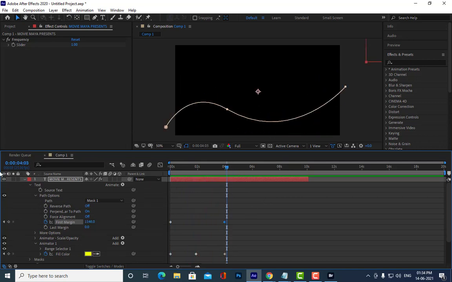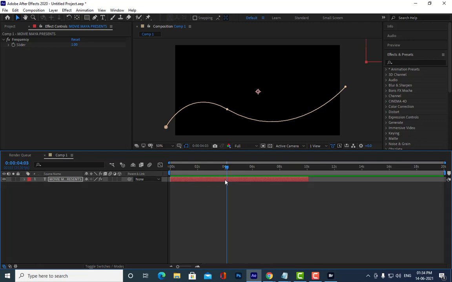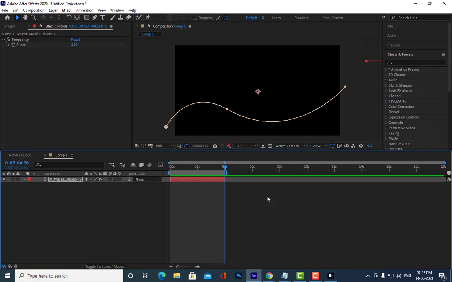Now tell me how we can cut this till 4 seconds? Sir, the layer or the ruler. Layer as well as ruler, both. We can say N, but let us trim it. Trim the layer first. Alt and right square bracket, and then N. Then what you have to do next?